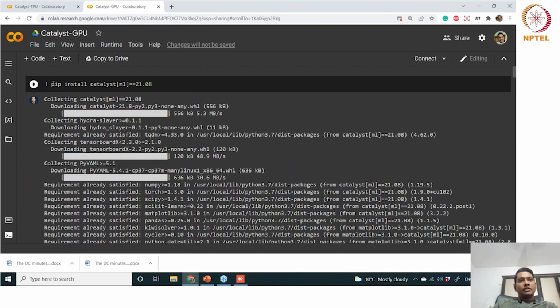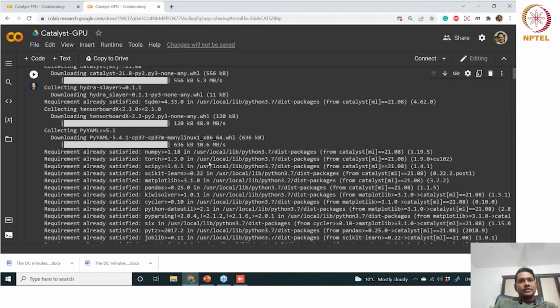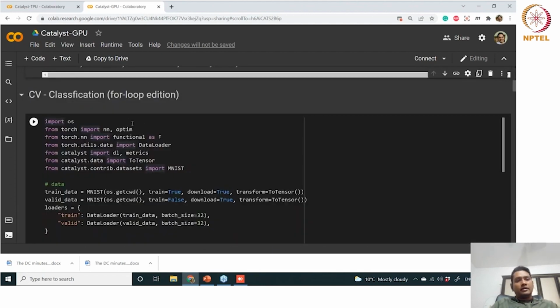Now you have to install Catalyst for ML with all the machine learning components from Catalyst. It will download all the necessary packages and install them, and let's first see classic computer vision classification.